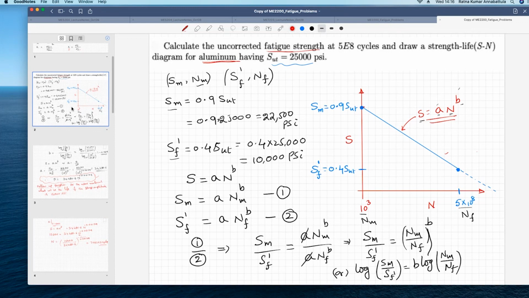So here we are talking about this is actually 10,000 psi and this is 22,500. So 10,000, so this is actually 12,000, so half is 6,000. So somewhere here. So let's say it is 15,000 psi. Then we are trying to see what is the life. We have actually found out what this value is, right? So that is the use of constructing this SN diagram. Okay.